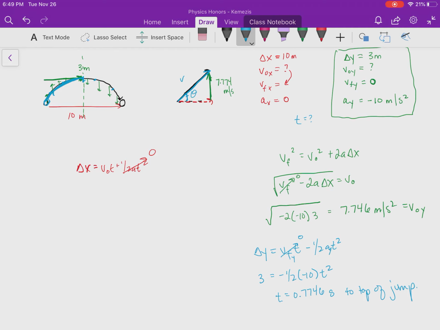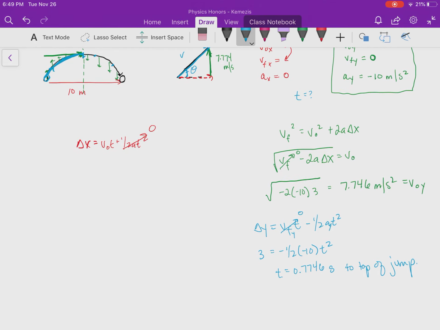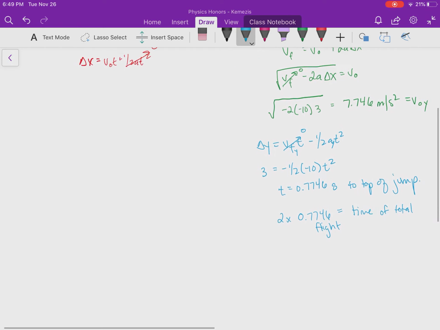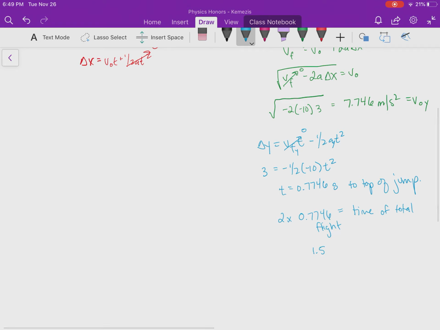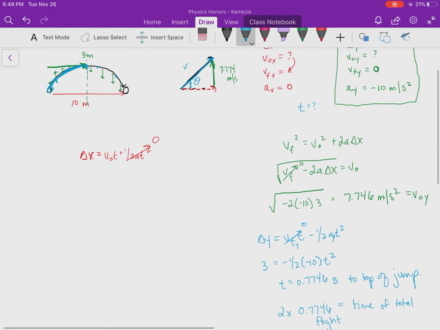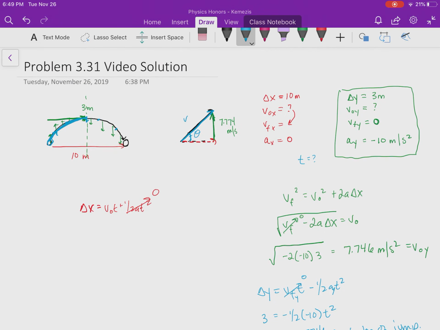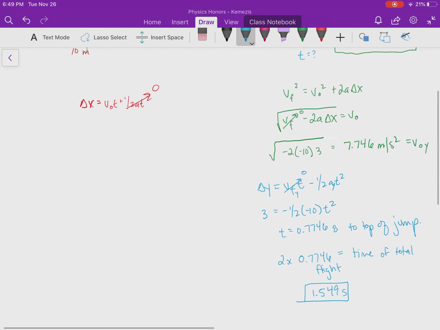So if I want to use the time to solve for delta x, I actually have to take double the time, right? So 2 times 0.7746 is the time back down to the ground, right? The time of total flight. And that ends up being 1.549 seconds. So you have, like, when you're going between frames here, between information, you have to keep track of